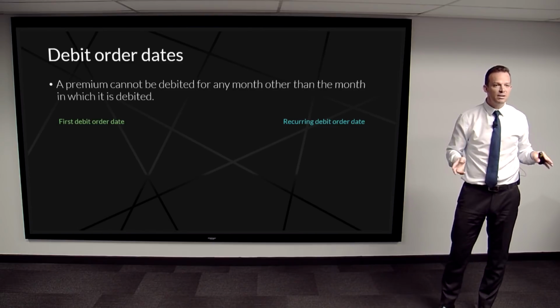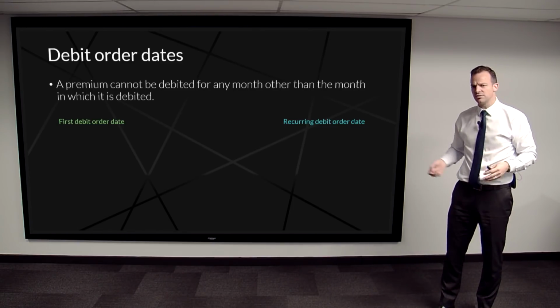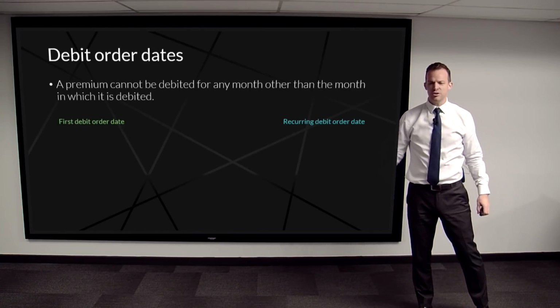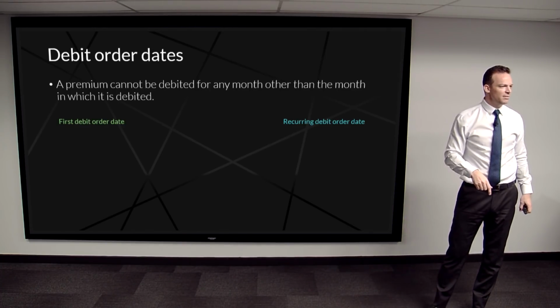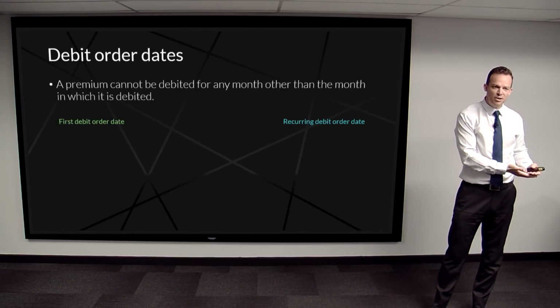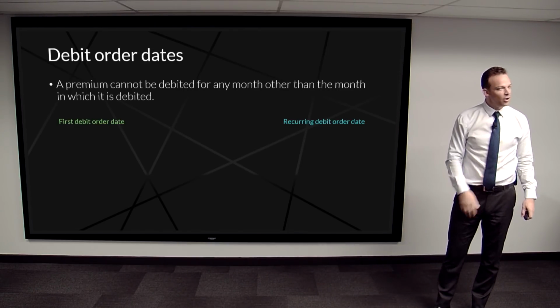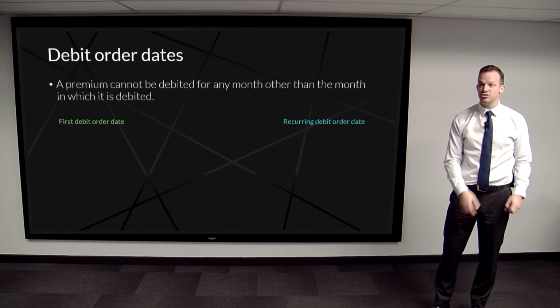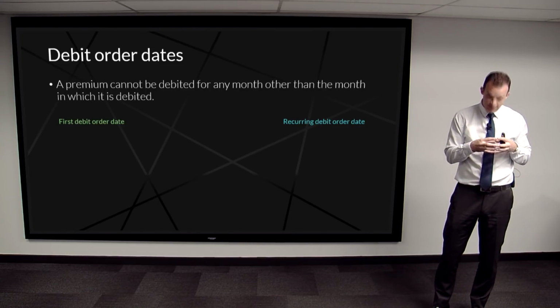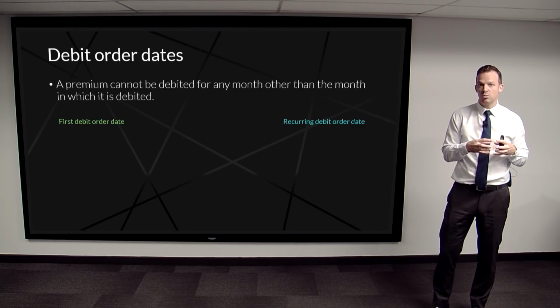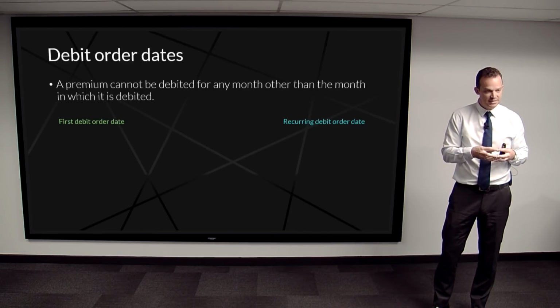So just be aware of that, because we get a lot of phone calls from client service saying, oh no, I didn't get paid. You didn't pay me in April. Well, we didn't pay you because you didn't pay your product successfully. Okay, let me pay in May now so you can pay me. No. It doesn't work like that. You get 15 days grace to fix that payment. If you can't fix that payment in 15 days, the time is up, right? By law, we give everybody 15 days to fix that debit order.